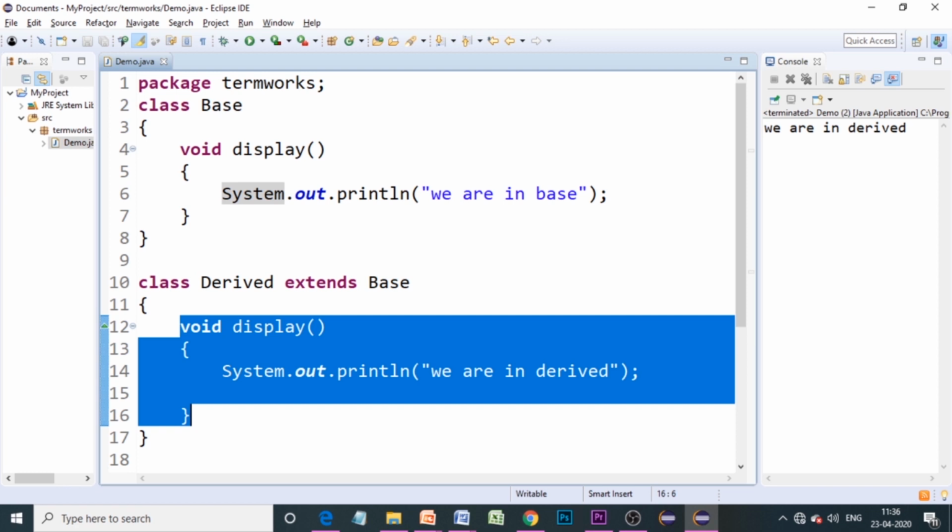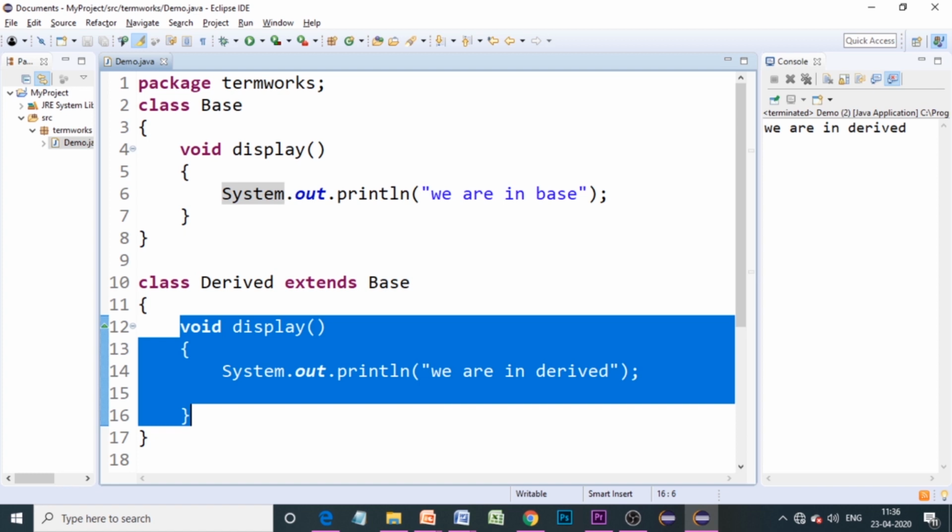Whenever you have the same method names and you have the object of the derived class and you are accessing the method using that object, it is quite natural that the method in the subclass gets executed, not the one in the parent class. But what if I want to access the parent class's method also?